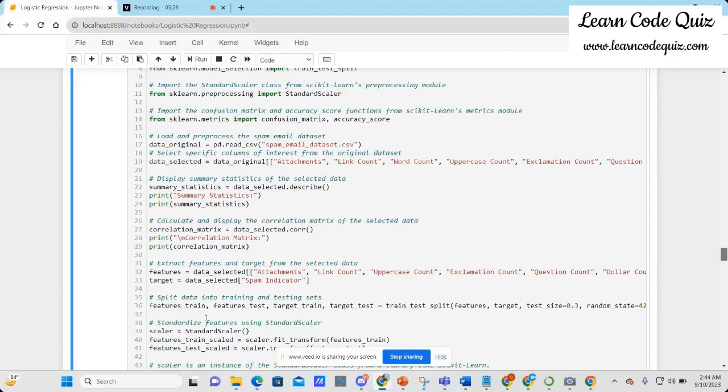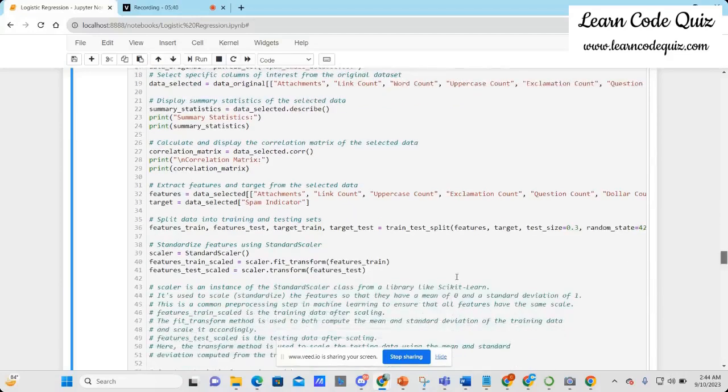Okay, and then what I do is I extract the features and the target. So target is the last column, which is the spam indicator. The features are the columns I want as the features, and then I split the data into training data set and the testing set, and I use the train test split